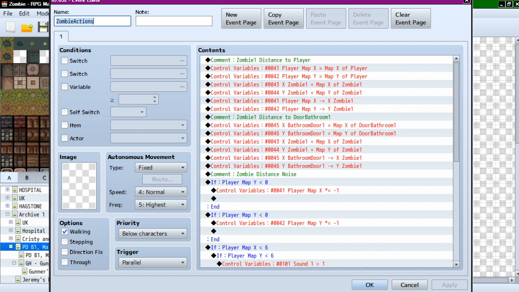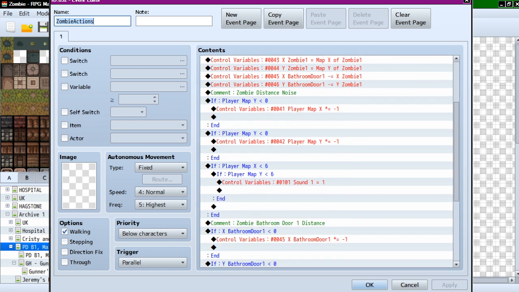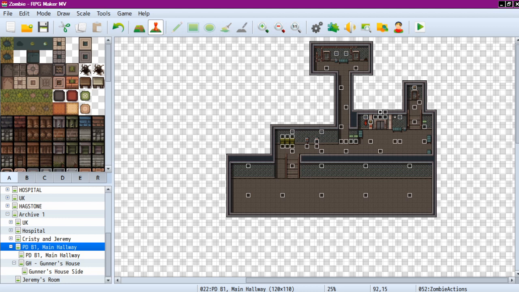This is the way I used to have zombie sound set up before I got that plugin. I had to calculate the distance from the zombie to the player. And then using that, it would activate things to happen if that distance got to a certain point. So what you could do is you could say like, okay, there's